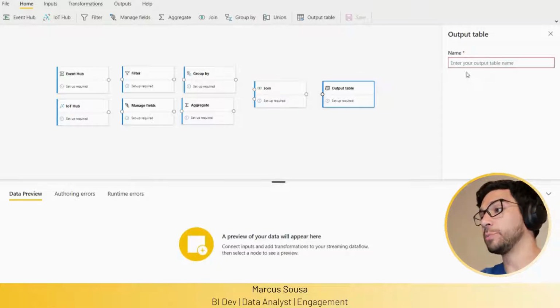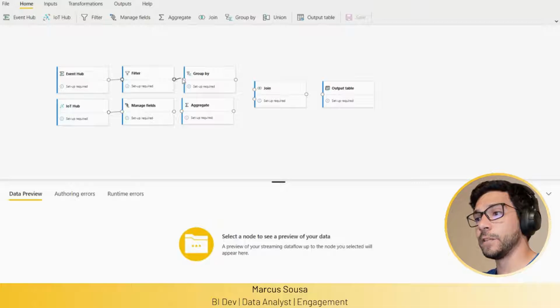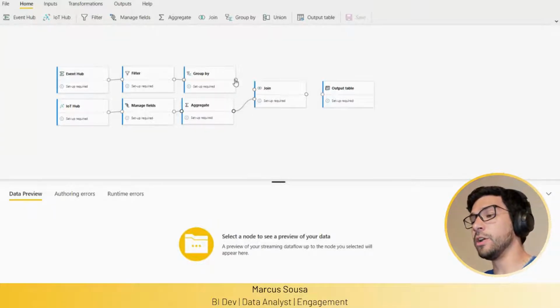Finally, the output table, and essentially this is just like ASA, where you're going to land the data set in Power BI. And finalizing this, you get to see that we can get all of these fields together by connecting them just like a visual ETL. This is the Streaming Dataflows, and then in the top menu you get to see that we have the